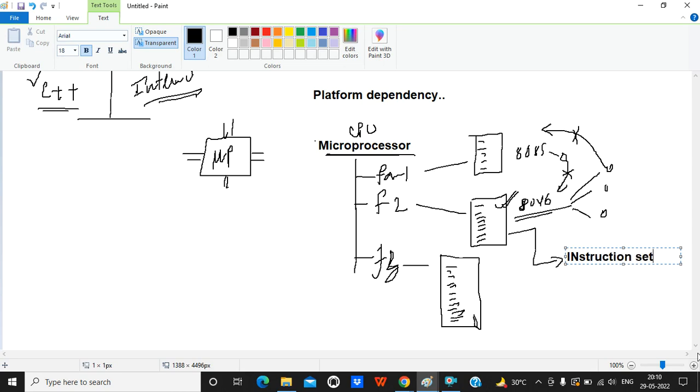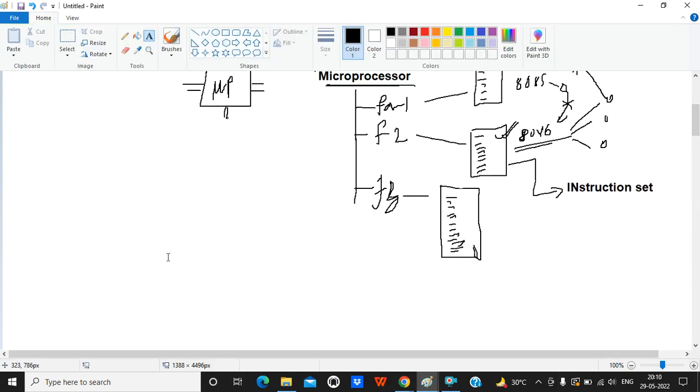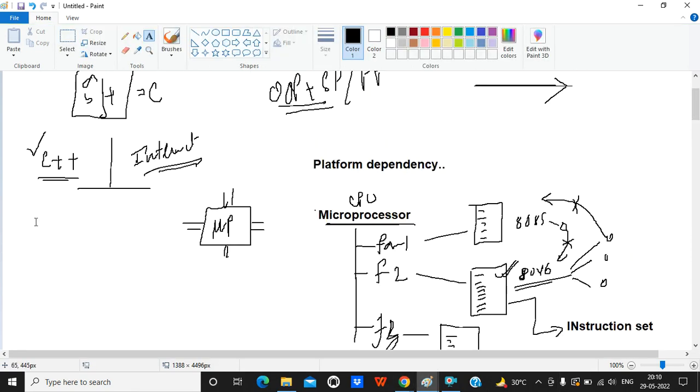Instruction set for that particular family. Okay, so this is one thing. Now,